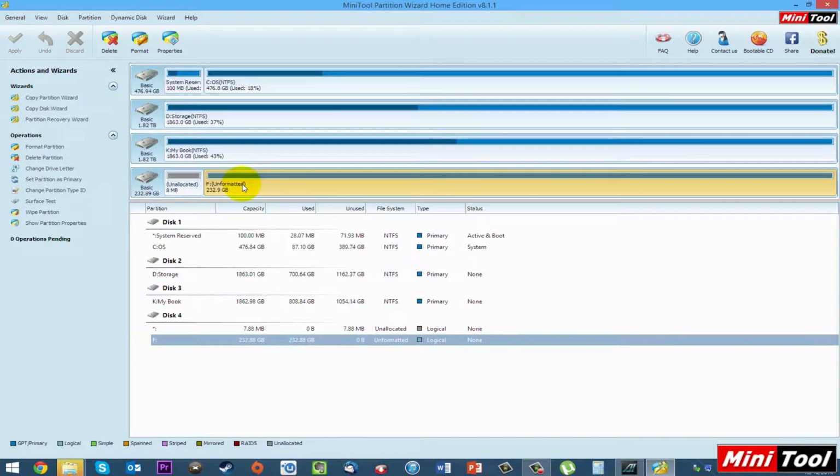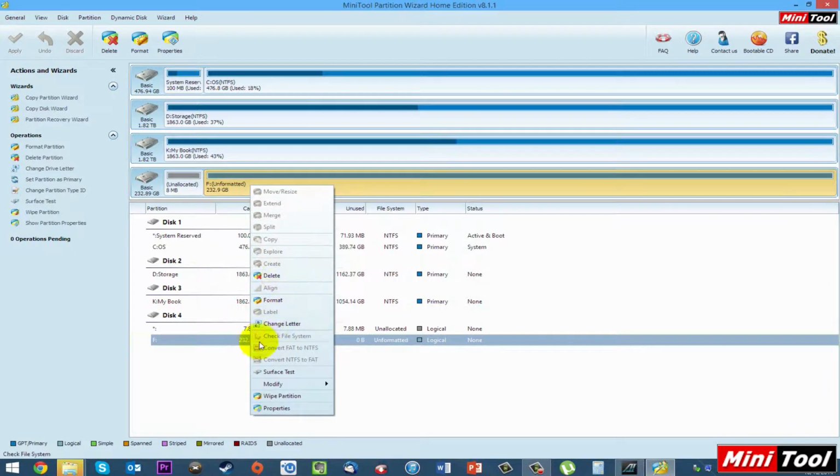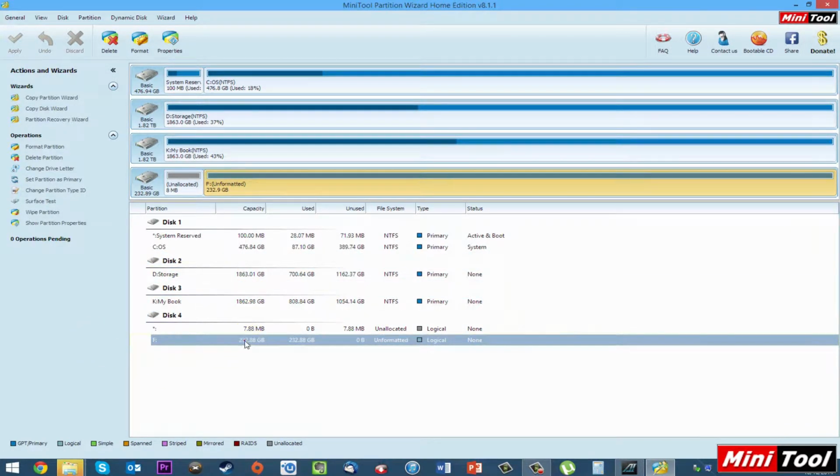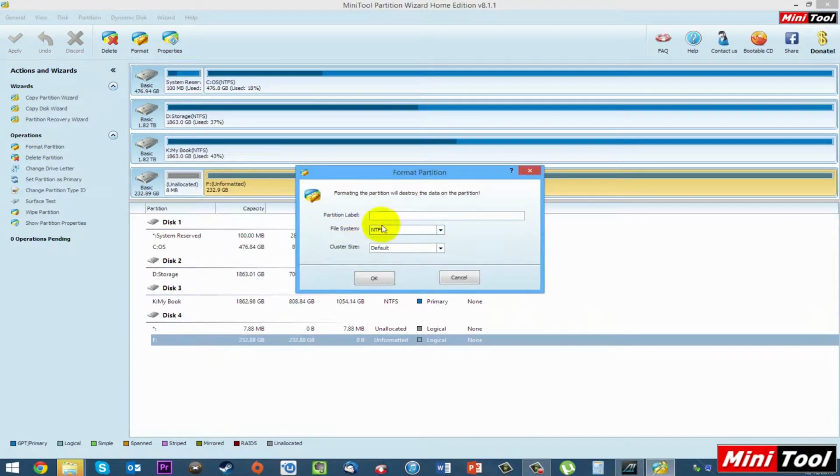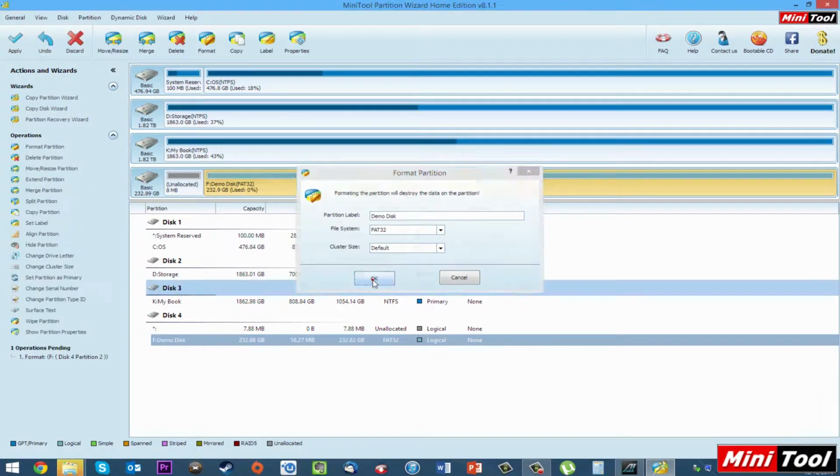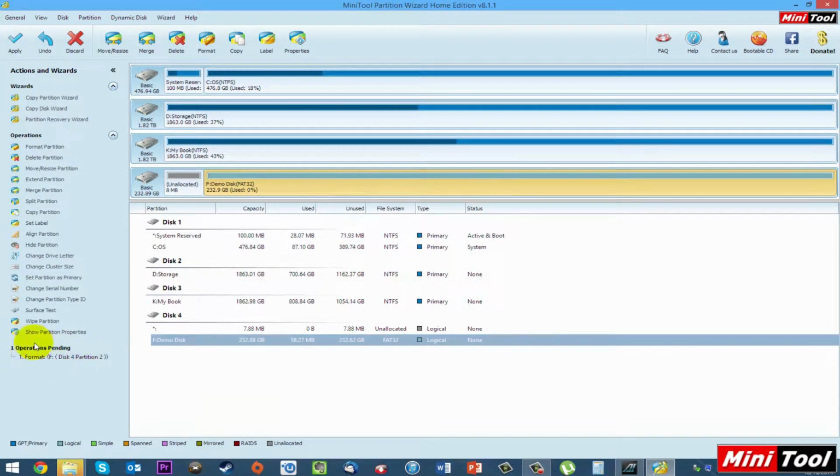So for this one, I'm going to start going through some of the options. You can either right click to get them, but I'm going to select right there, and then I'm going to go select Format Partition. You can give it a name or whatever you like. So I'm going to name this one Demo Disk. I don't want NTFS. I'm going to go FAT32, default OK. So down here you can see one operation pending, format disk for partition 2. So I'm going to hit apply,